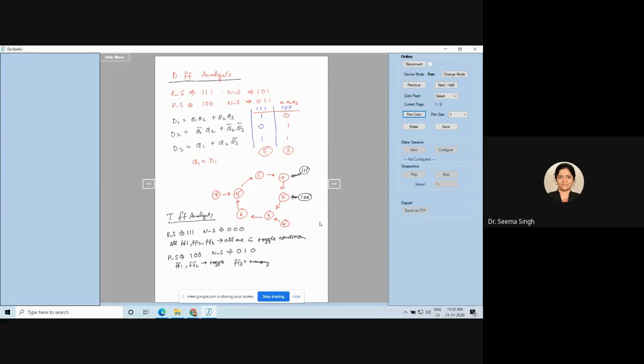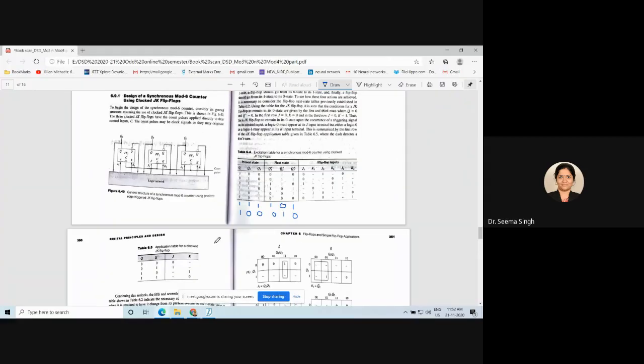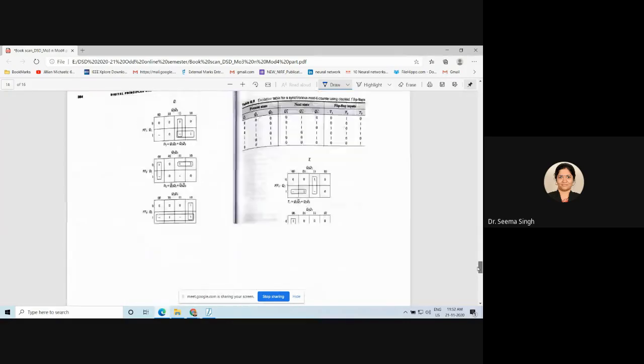So you saw that the counter design was the same, but the self correction is happening in a different way. For JK it happened differently, for D it happened differently, for T it happened differently. Now for SR you can check and see whether it is happening or not. So I hope it is clear. Do you understand what is meant by a self-correcting counter, and what can be done to make a foolproof counter where self-correcting analysis is not required at all? That part is clear?